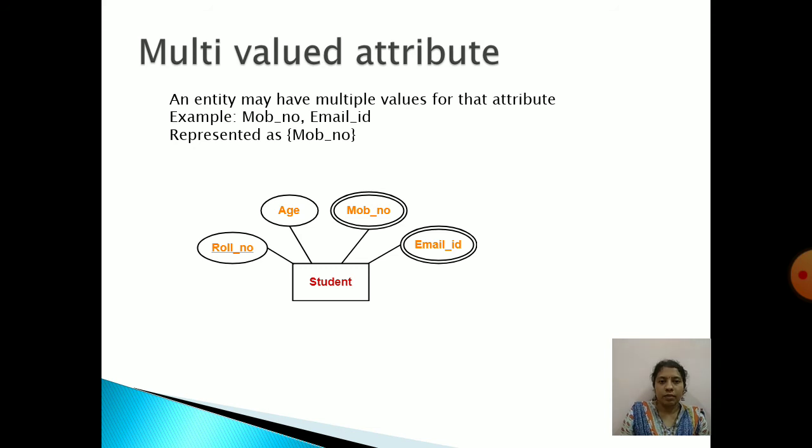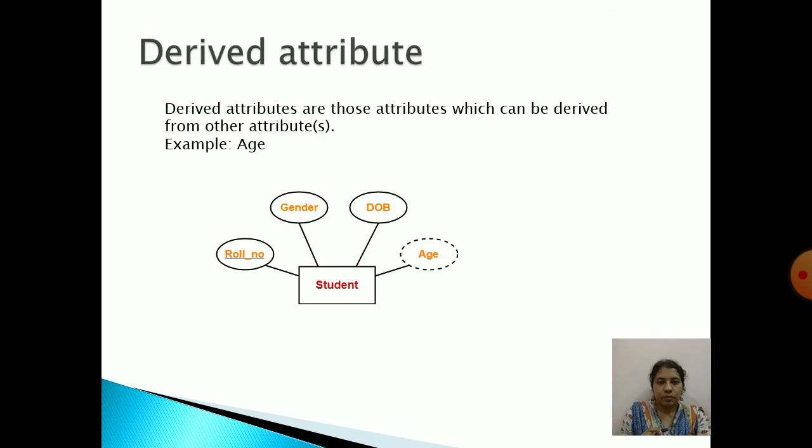Then comes multi-valued attribute. Multi-valued means it can have multiple values for that attribute. See, mobile number. Mobile number means if I have two mobile numbers, then that mobile number attribute can have multiple values. Okay, so an entity may have multiple values for that attribute, then it is called as a multi-valued attribute. Then comes derived attribute.